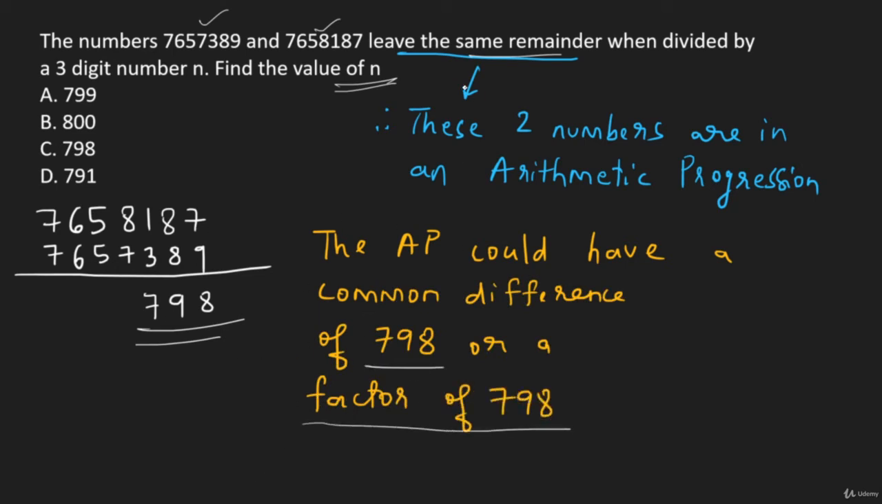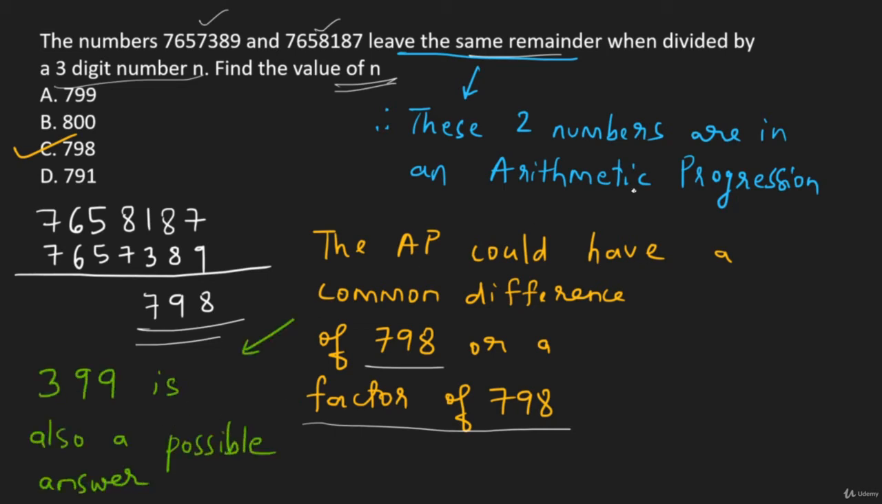That's what we can understand from this, right? Now, over here in the answer options, you directly have 798, and 798 is a 3-digit number. Therefore, the answer over here is option C, that's 798. Also, do remember 399 is also a possible answer, because 399 is nothing but 798 divided by 2, or 798